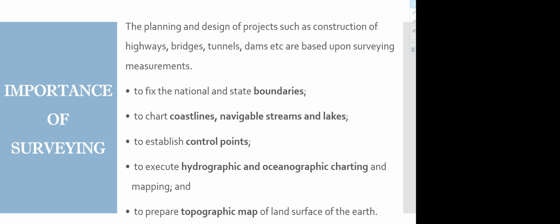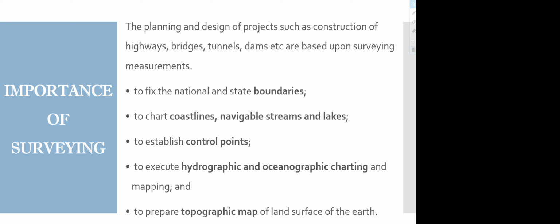Survey is going to help you in acquiring the information and measurements, especially while doing planning and designing of very large scale construction like highways, bridges, tunnels, dams, etc. These are very essential, because while you are planning a very large scale construction, you have to be very keen and mark all your points exactly, so that it is not going to encroach on whatever is already there, or on whatever measurements have been planned. It has to be marked exactly onto the surface.